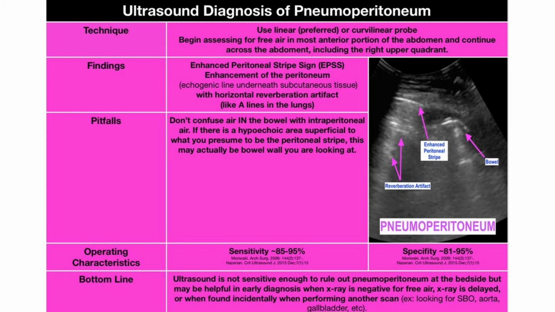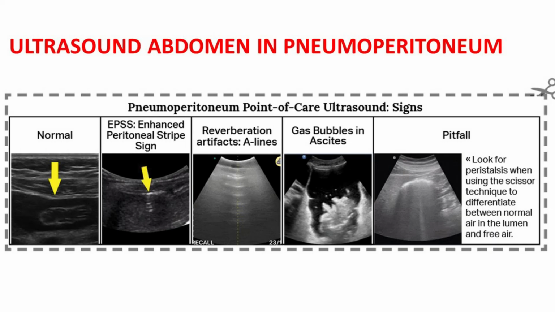The same scissor technique is done to rule out pneumoperitoneum and bowel gas by seeing the bowel wall with a high resolution ultrasound probe in the abdomen. If ascites is there with multiple hyperechoic foci, it can be due to either proteinaceous contents, blood products, or air pockets. But if there are reverberations with that, then it's definitely air pockets.